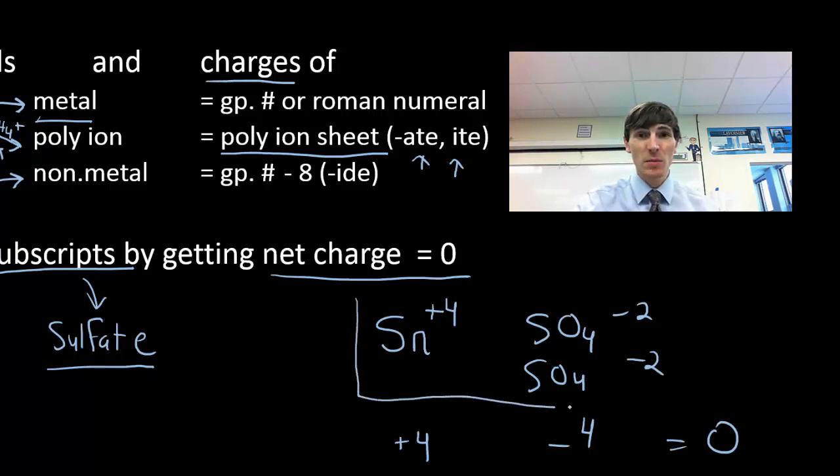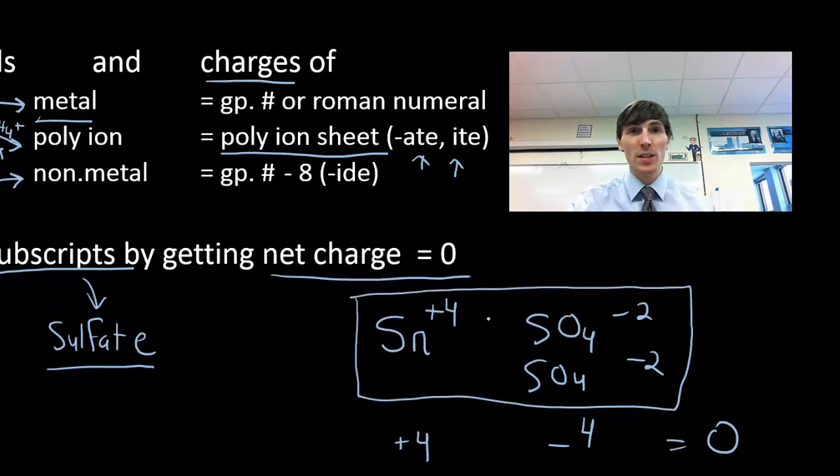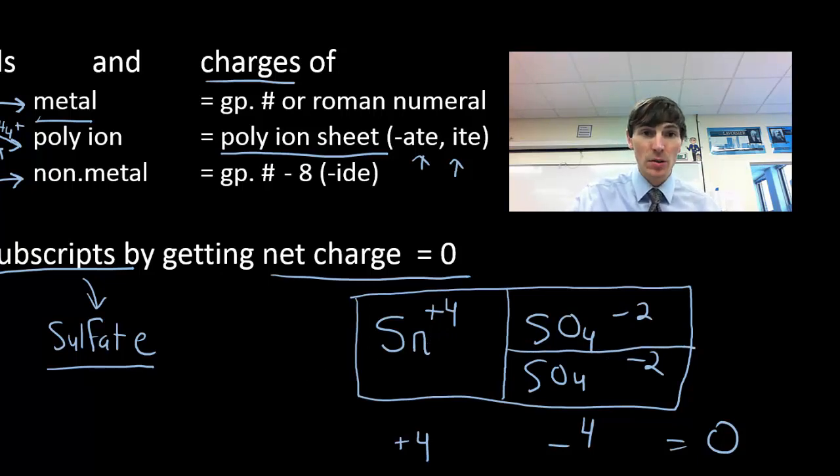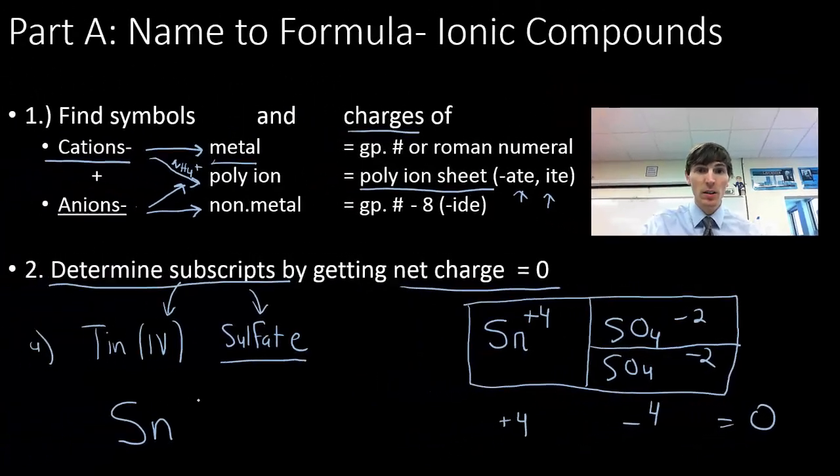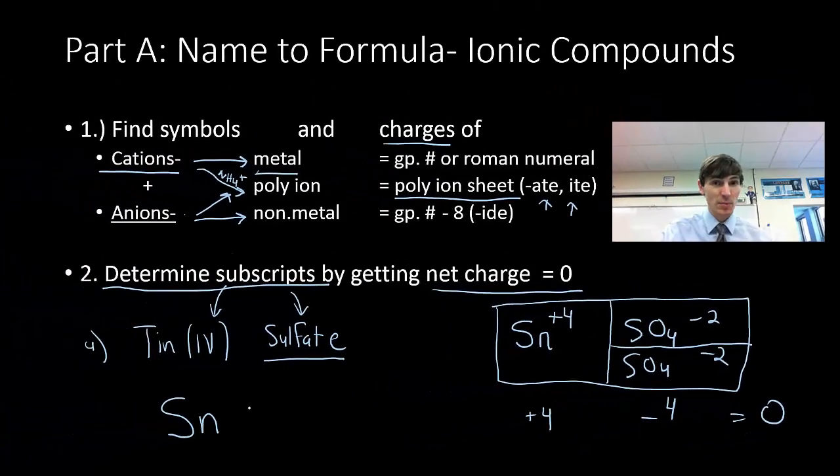I like to make a visual sometimes when I'm doing this and kind of make a box. And the box just represents a neutral compound. So if I have twice the charge, +4, over here, then I need half the charge over here. I need 2 sulfates. So when I write this out, Sn, I have one of them, so I'm not going to write any subscripts, and I have 2 sulfates,